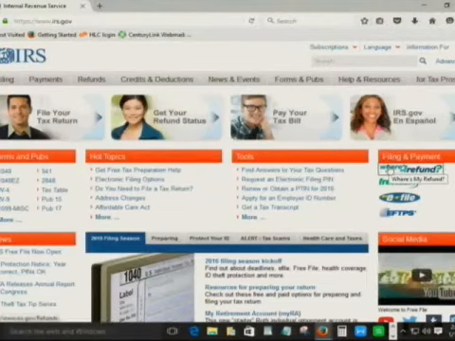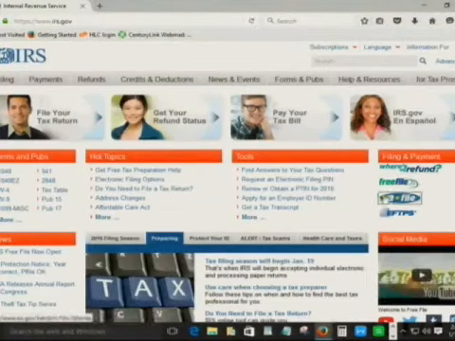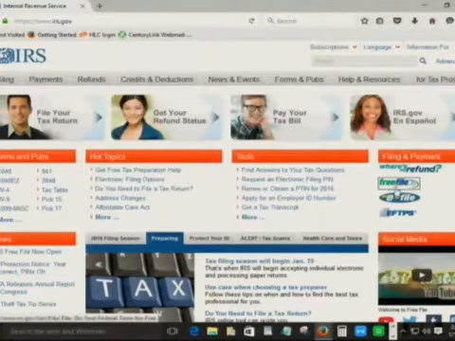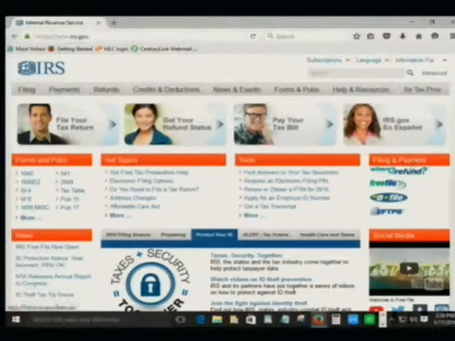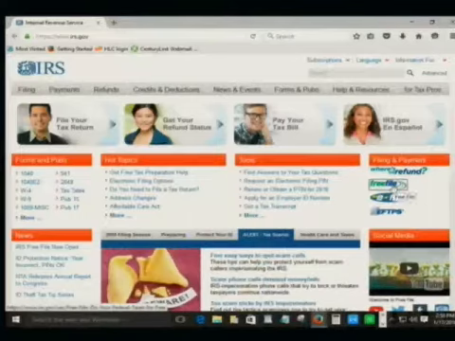If you go to irs.gov, over here on the right side of the page you'll see this column called Filing and Payment. And if you select Free File,